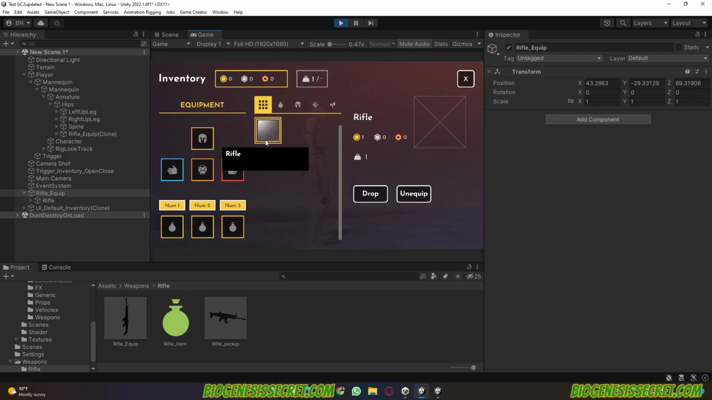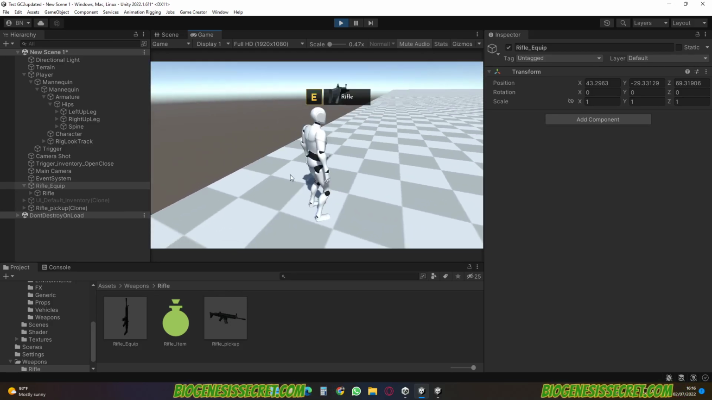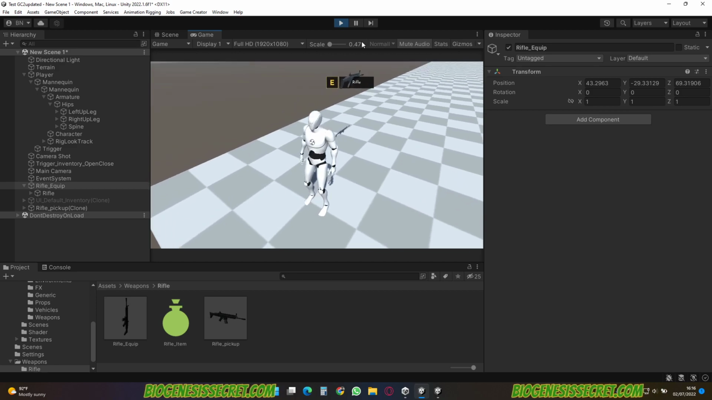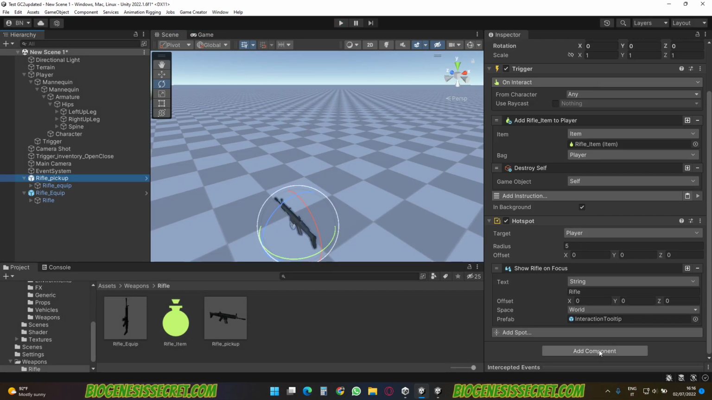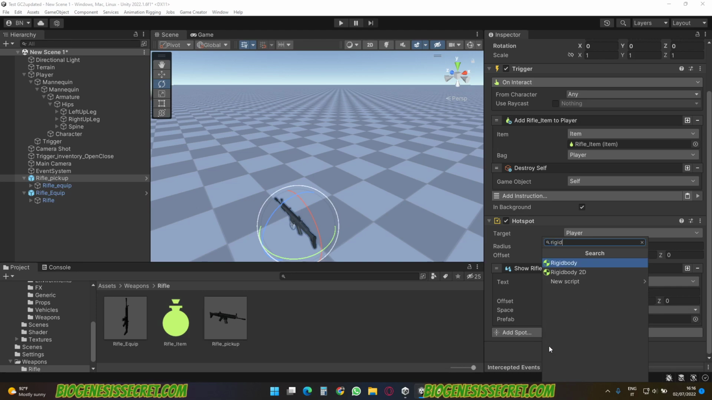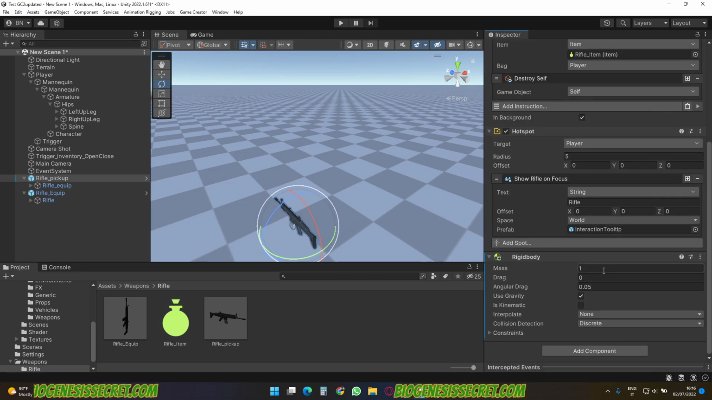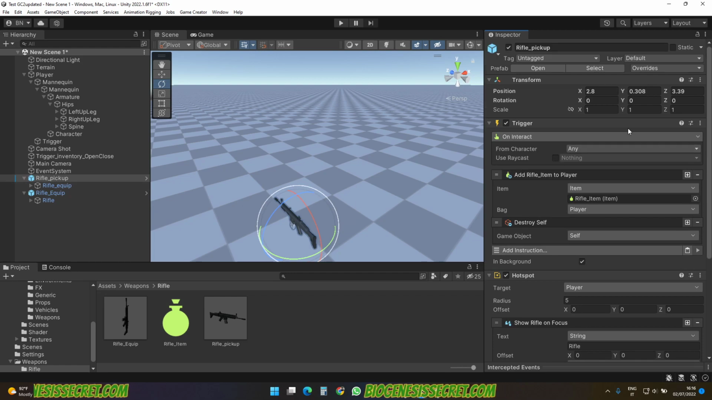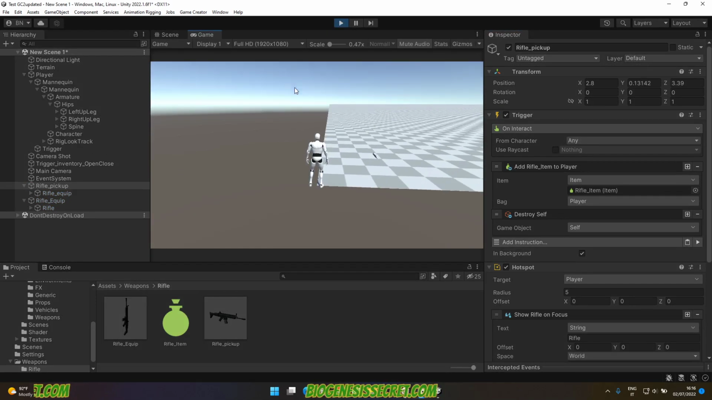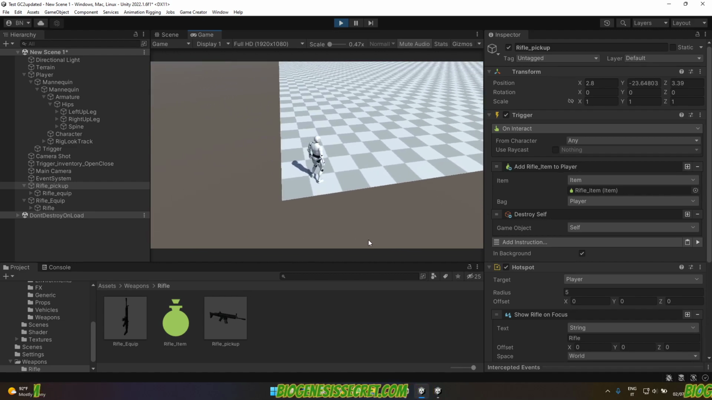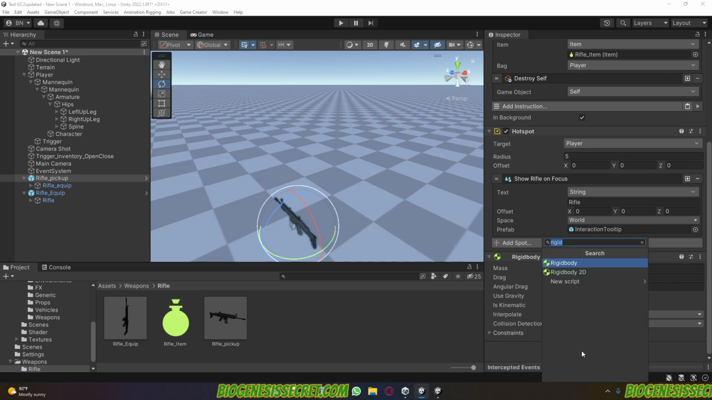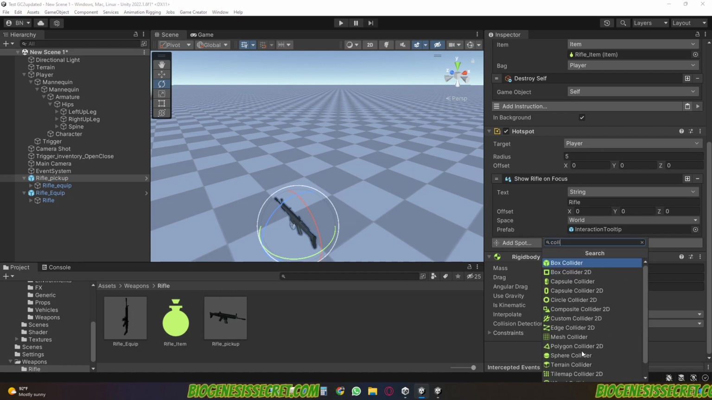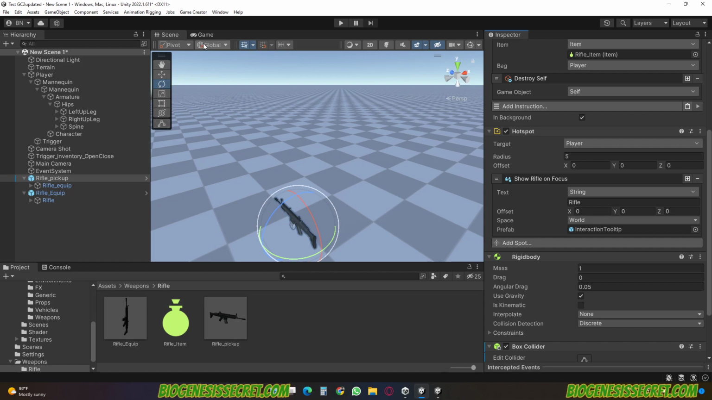Since we have done even the pickup, we can even drop it down. It's in the air because it doesn't have a rigid body, but that's another thing. Rigid body. And then we change the mass. And because it doesn't have a collider this time, it went through the floor. So add a collider. The collider probably